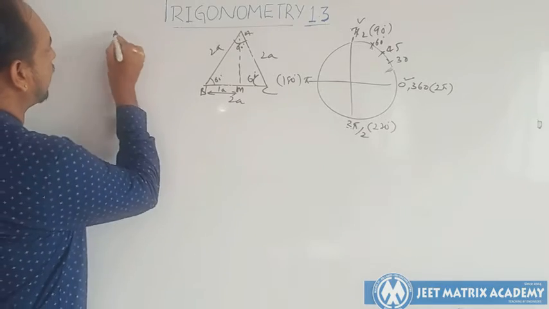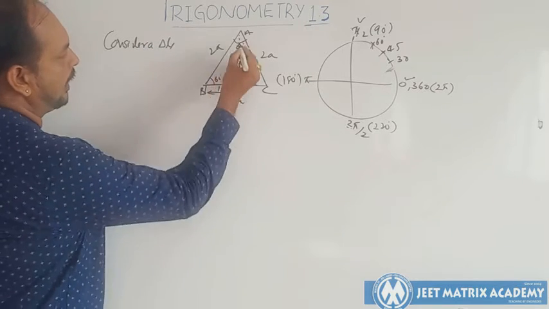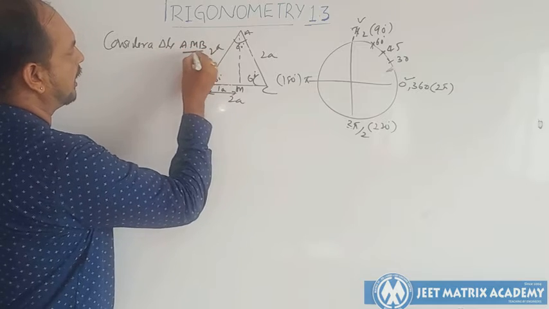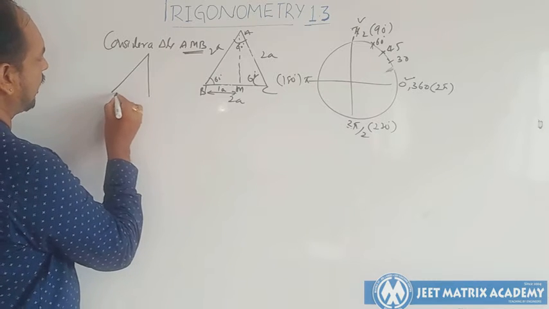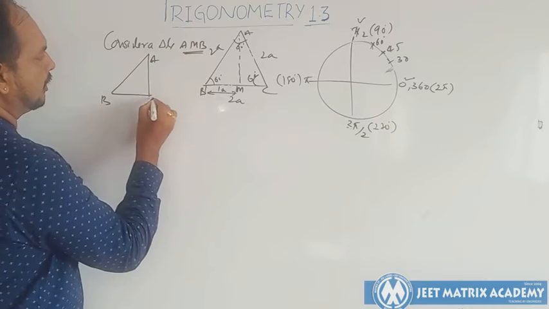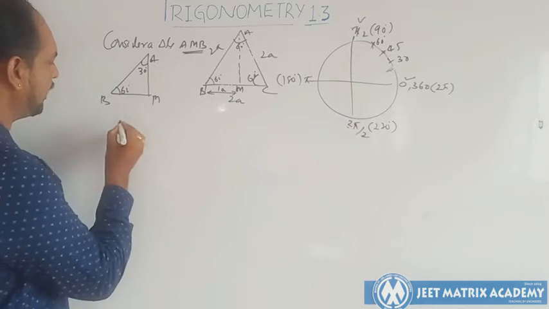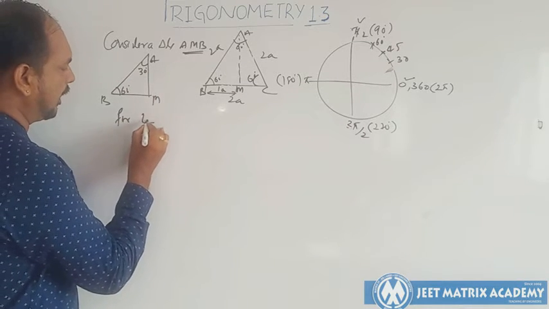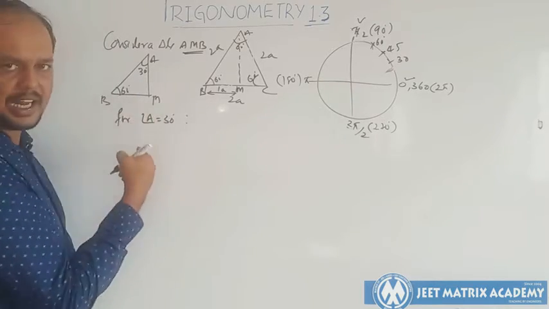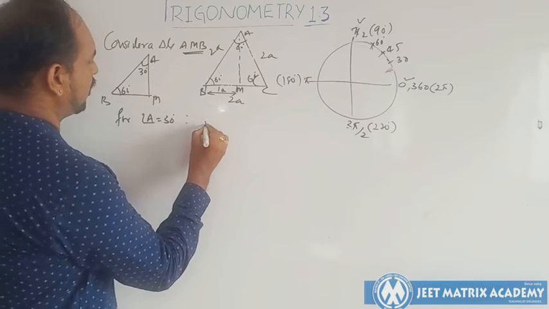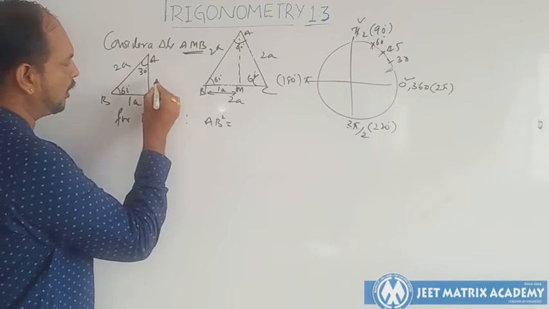Now consider a triangle AMB, right angle triangle. Okay, so if you consider only right angle triangle, this is 60 and this is 30. I am looking at angle A. For angle A, that is 30 degree. Okay, so apply Pythagoras theorem. What happens to this triangle? So it will be equal to AB square equal to, because this is 2A I know, this is 1A I know, I don't know this.